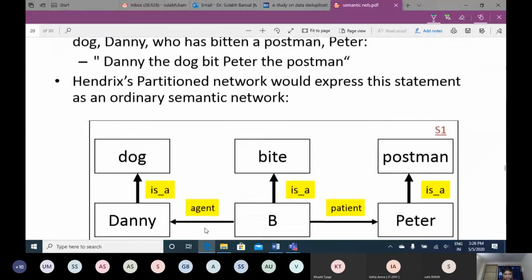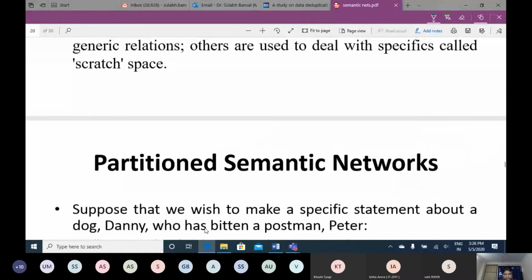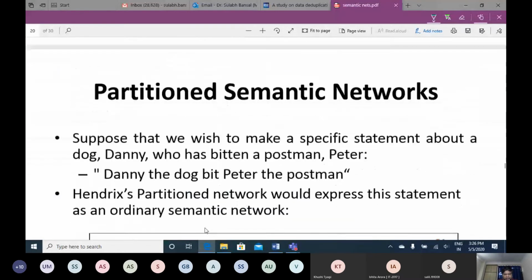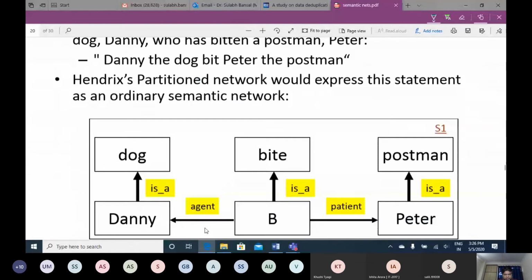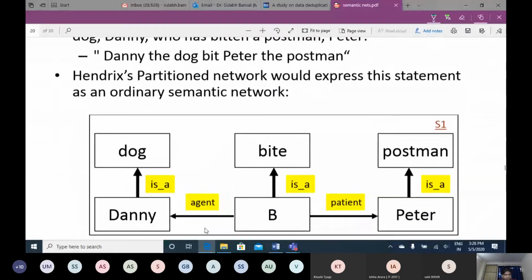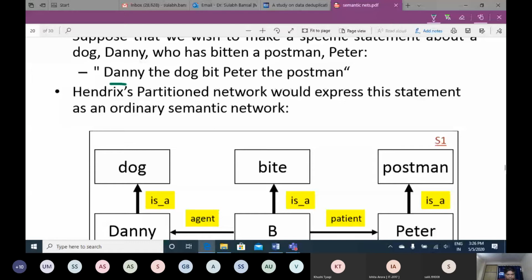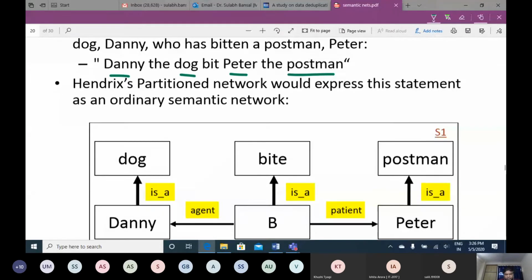So, for example, this is the statement: Danny the dog bit Peter the postman. Okay, so nodes have been identified. Danny is a node, dog is a node, Peter is a node, postman is a node. Okay, and they have been linked together. So Danny is a type of dog, Peter is a type of postman, and then they are linked together by the relation called bite. Okay, and